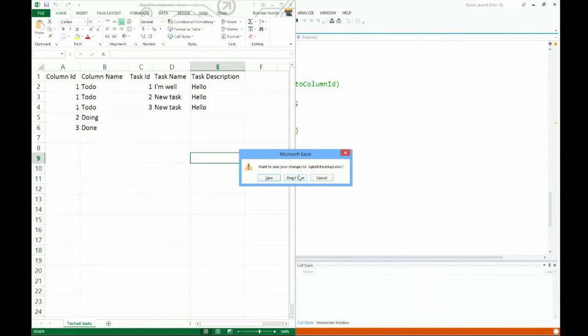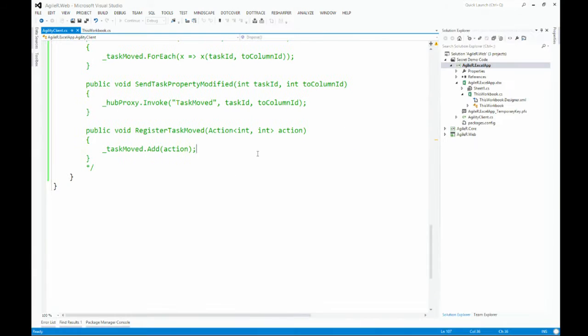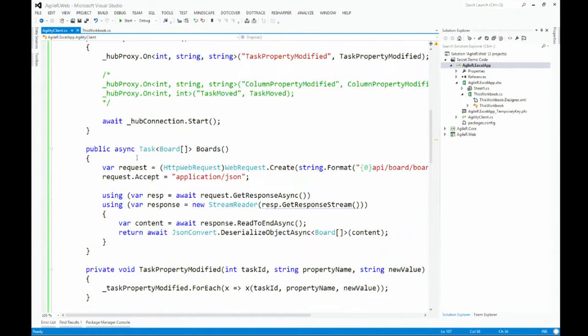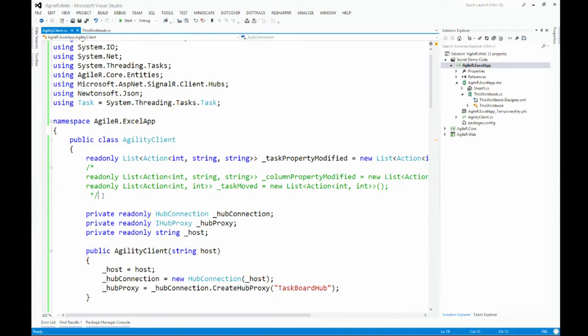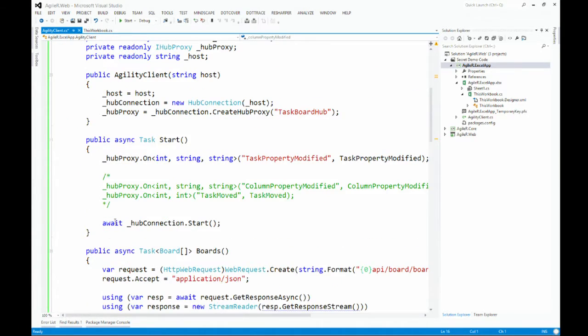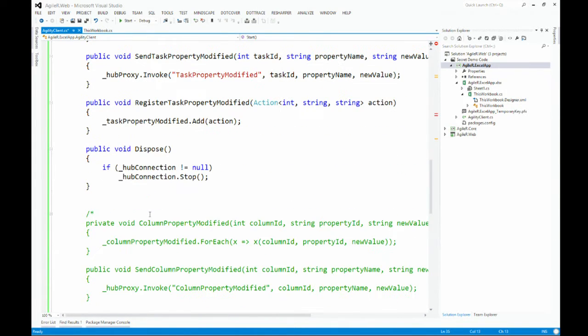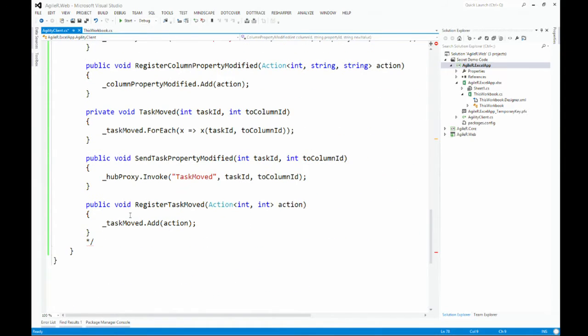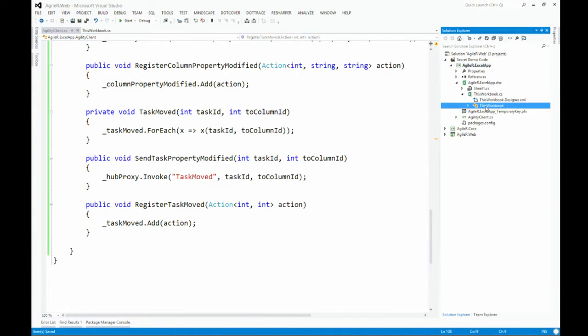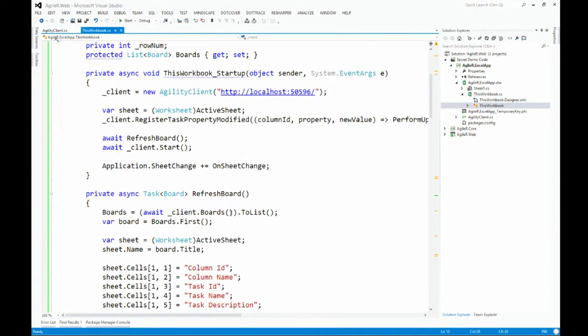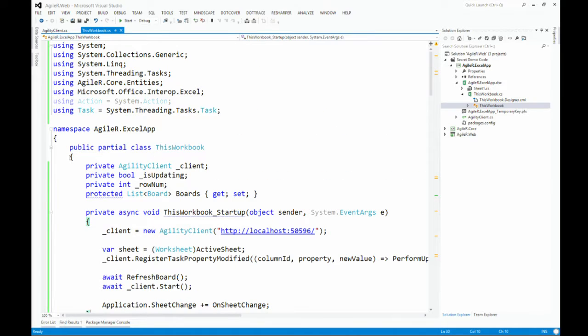Okay, but that's not good enough. We can do better than that. There's more interesting ways that we can use information. So I've got a little bit more commented code out here, so I didn't want to add everything in at once, just so we know what's going on. So now I'm interested in subscribing to the task moved event, and I've also added in listening to modifications from the column, like the descriptions from the column, but we're mainly interested in the task moved to a different column.